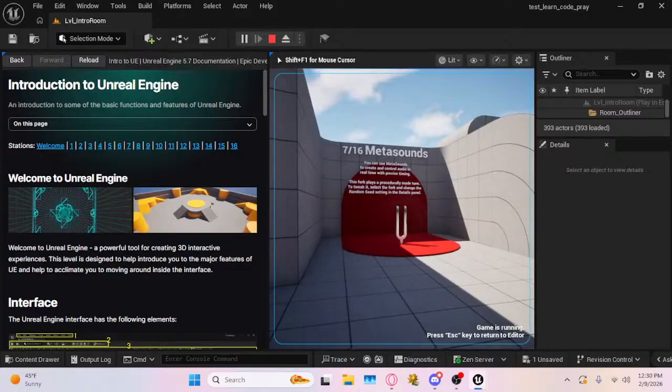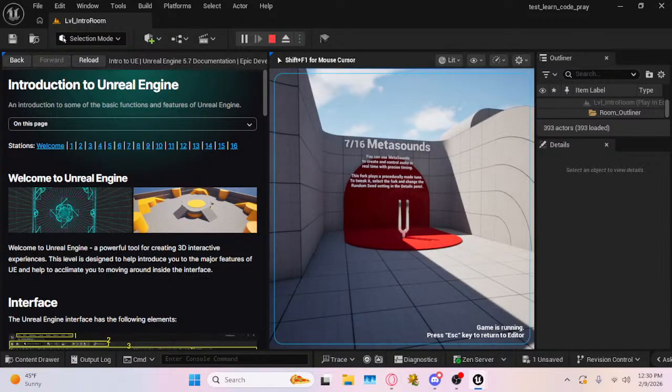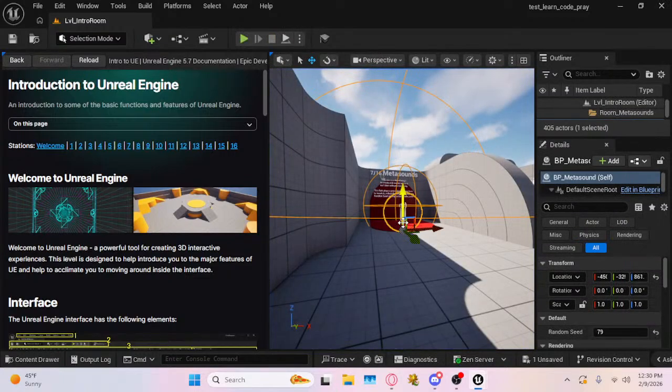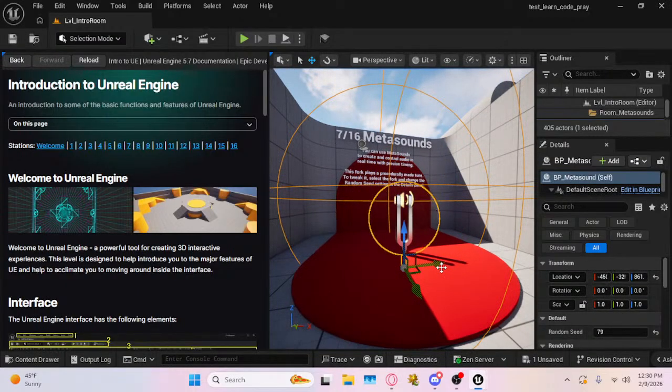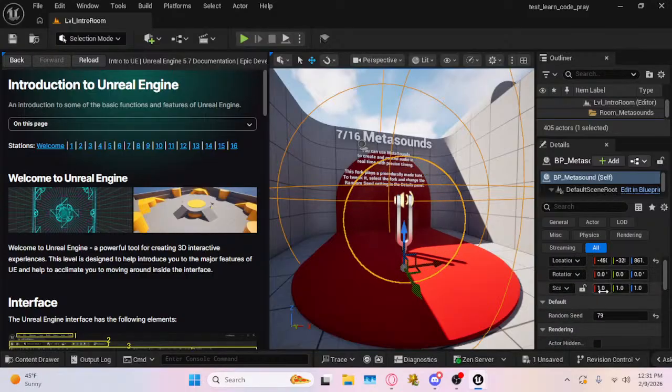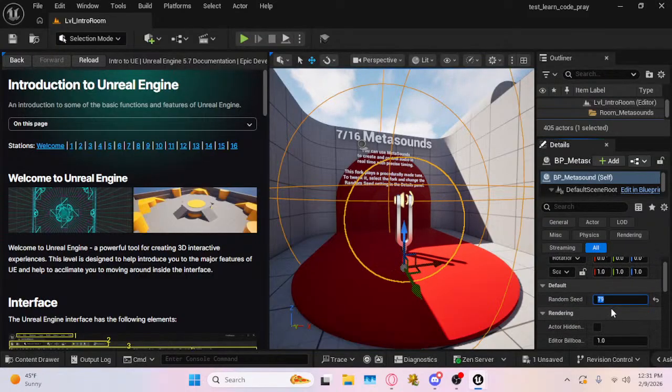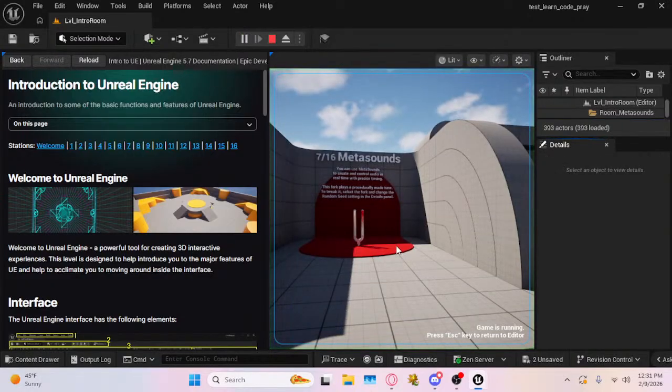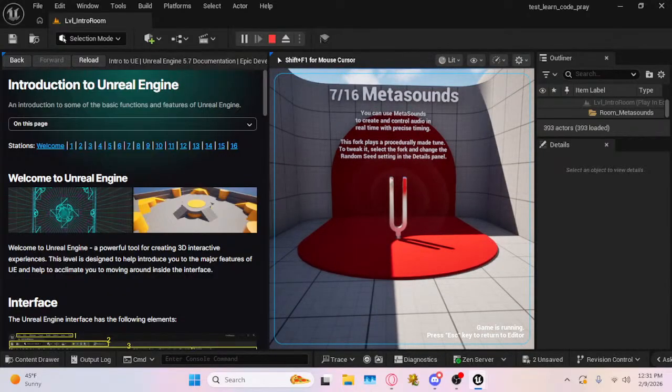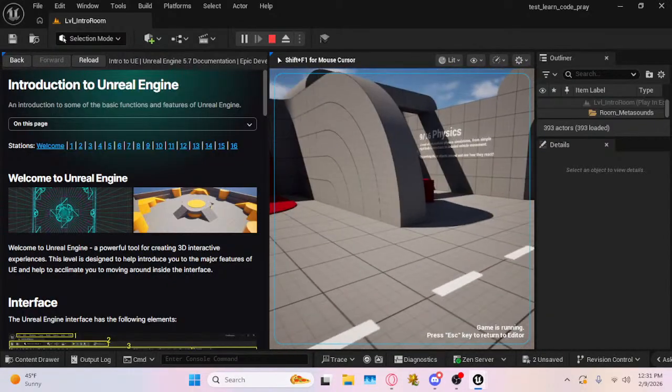To tweak it, select the fork and change the random seed setting in the details panel. Random seed is 69. Yeah, it's not bad, but